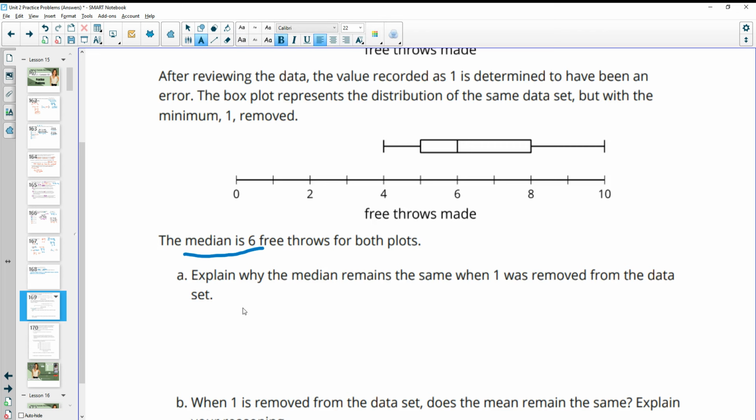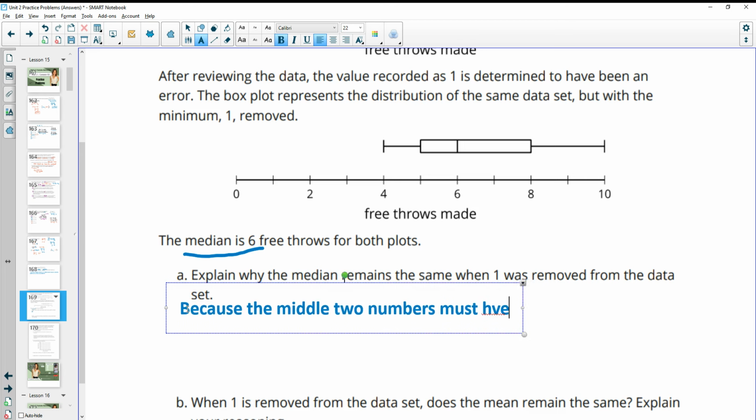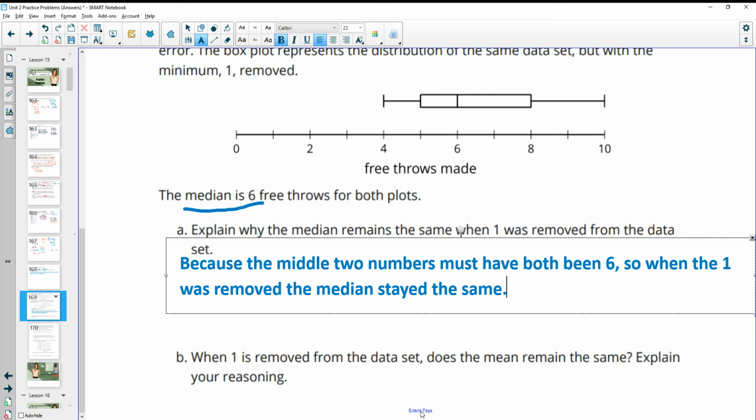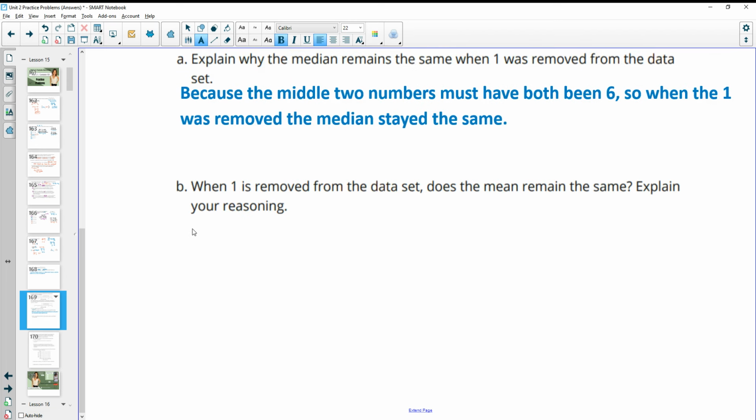And that's because the middle two numbers must have both been 6. So when the 1 was removed, the median stayed the same. And then part B says when 1 is removed from the data set, does the mean remain the same? And you could explain your reasoning differently than me, but no, because